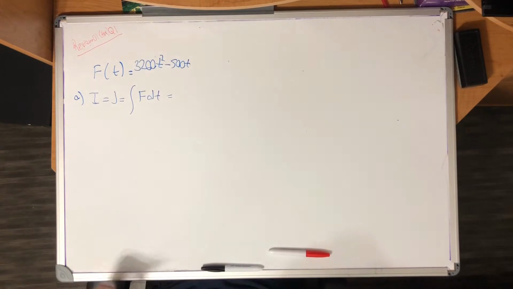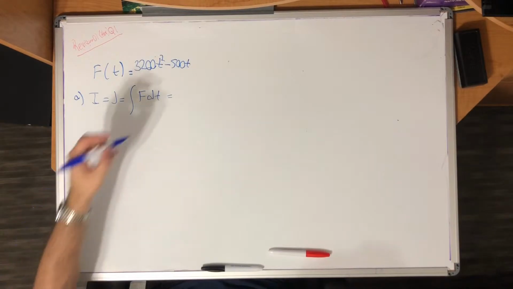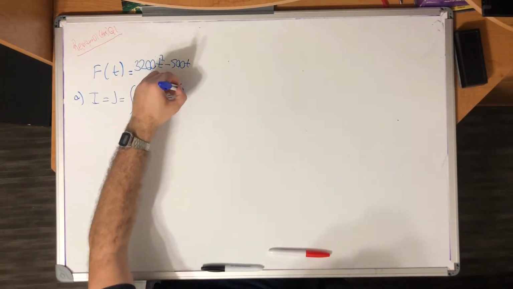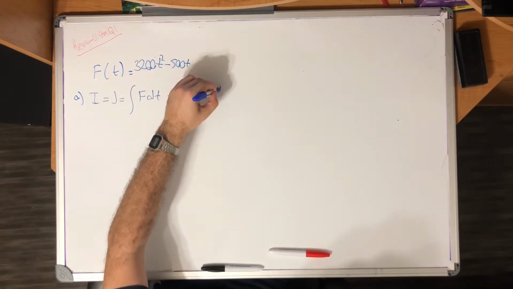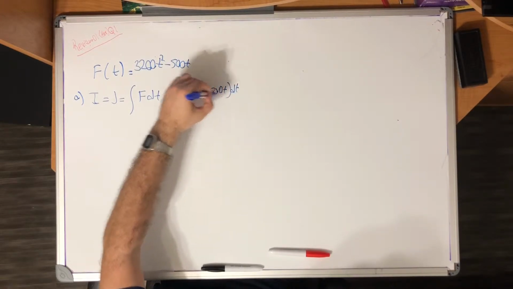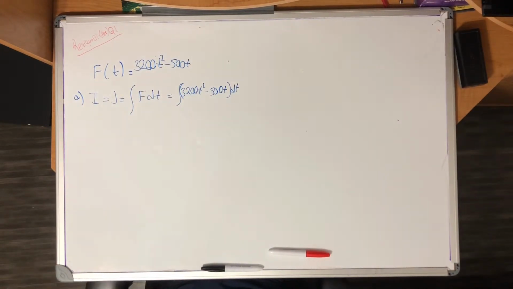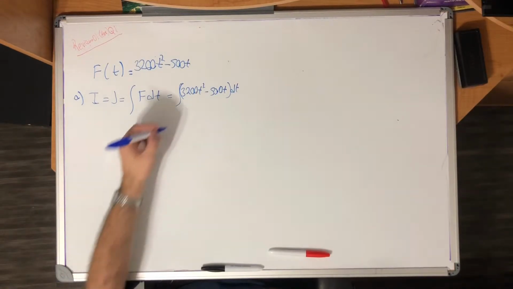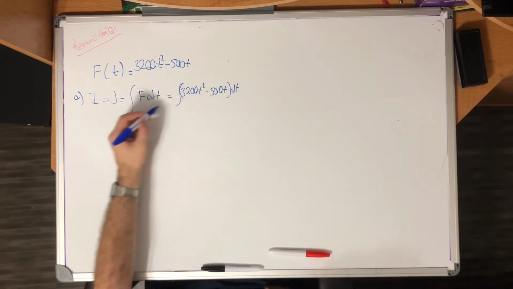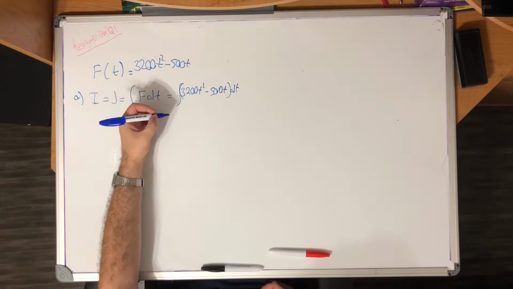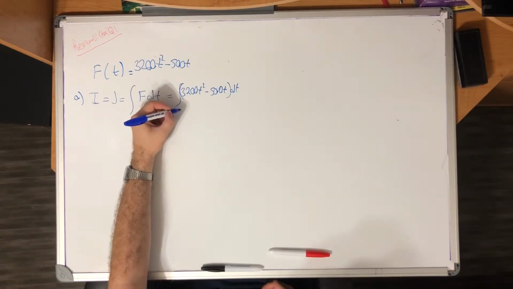And since your force is a function of time, then it's going to be an easy integral. So let's see what's happening. The integral of 3,200 t squared minus 500 t dt. So we replace our force into the equation, and that's all we need. So here there is one important thing. Remember, we always use boundaries because we're going to have a start time and end time. So this is a function, like a general function, but we are going to need that force function for a